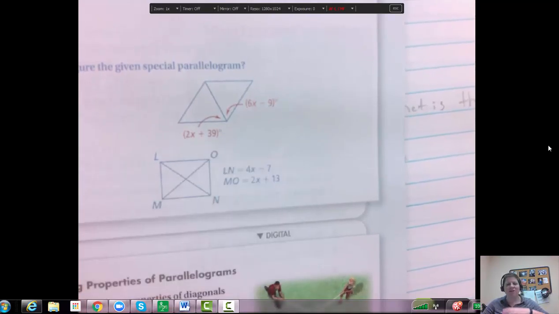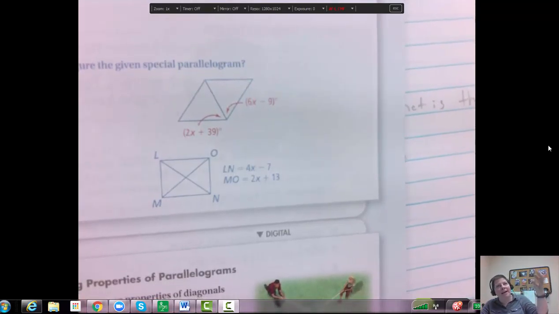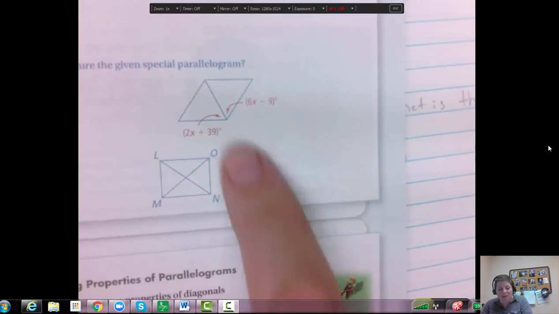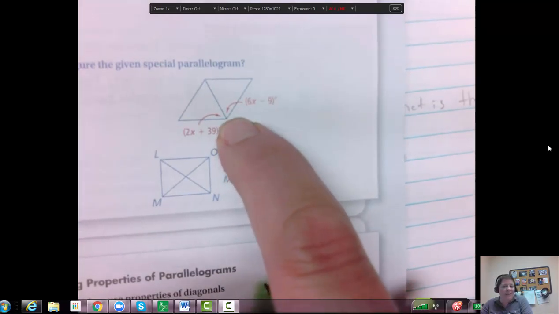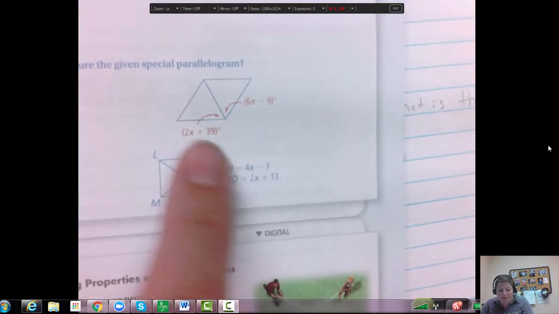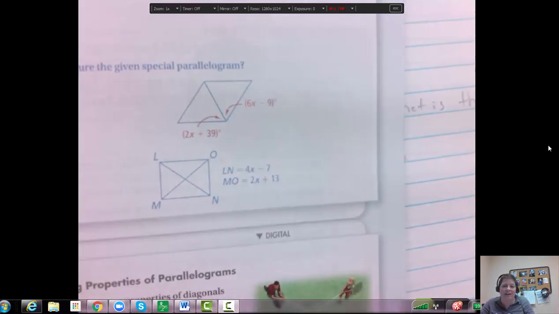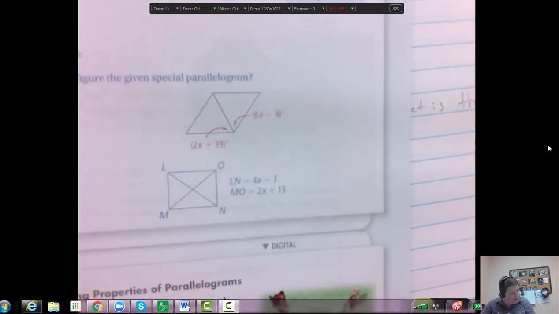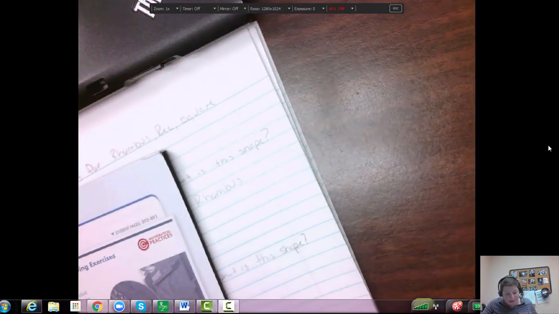So you might be told, okay, it's a parallelogram. What would X need to be to show it's a rhombus? Well, what would we know about these angles? They'd have to equal each other. So you set those two equal to each other and find X. Okay. Another example that you might see